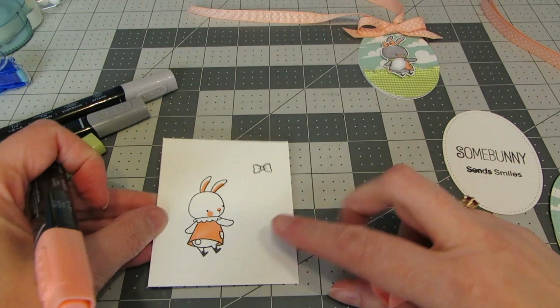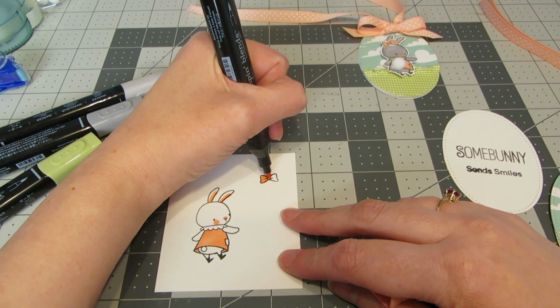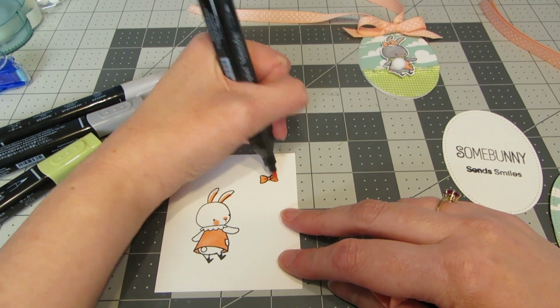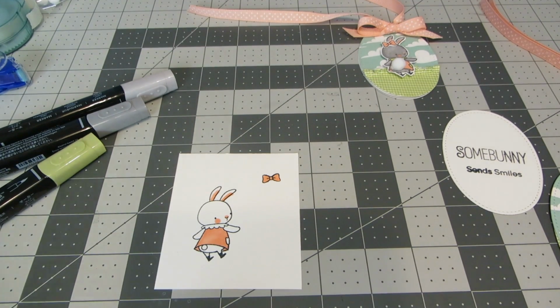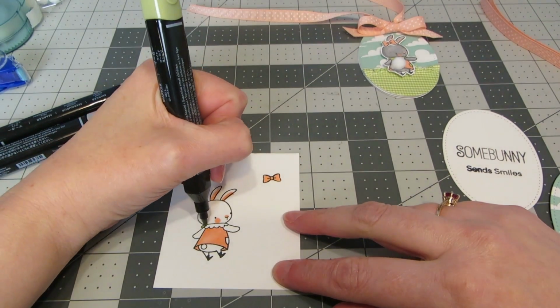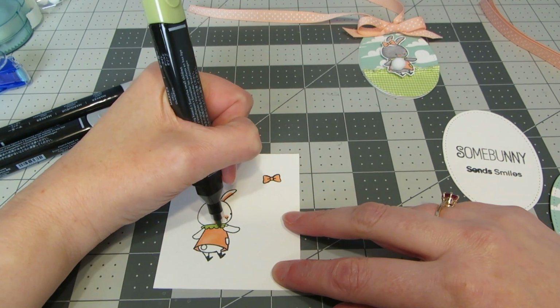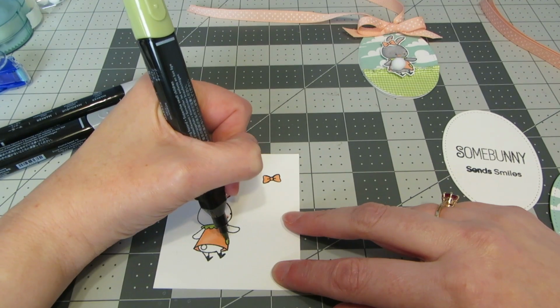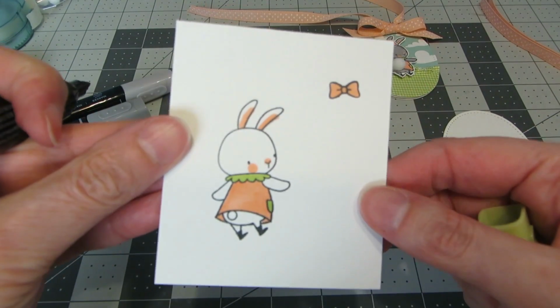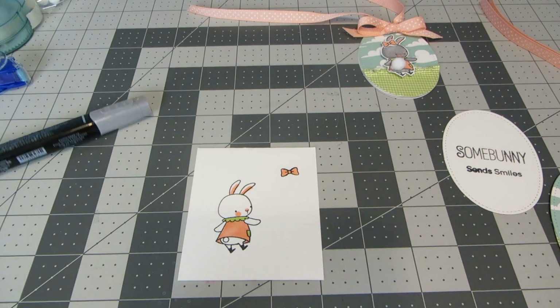like so. And then I'm also going to color the bow in the same color. And then I'm going to grab my Old Olive and I'm going to color the collar of her dress and the pocket. Like that. And then I wanted her to be a little gray bunny, and I did a little bit of